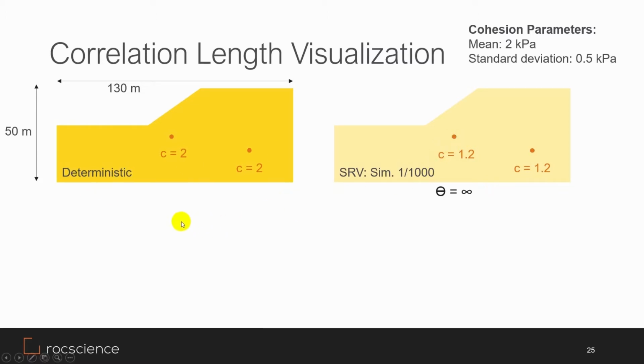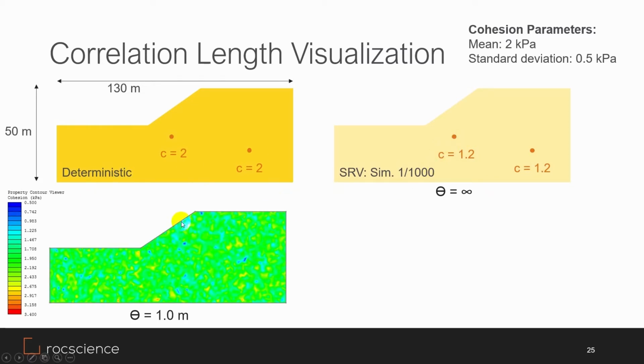Now let's look at a slope with spatially varying cohesion. Notice the legend on the left here. We see that in this simulation, cohesion ranges from about 0.5 to 3.5 kilopascals. If we pick a location here, we see it's blue, and so C is about 0.5 kilopascals. If we pick a location near it, it's green, so cohesion is about 2 kilopascals, again, just from looking at